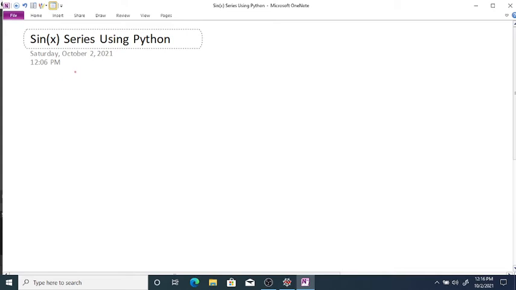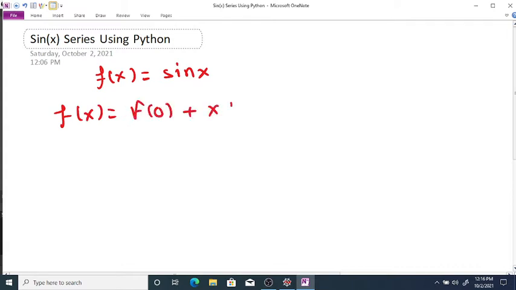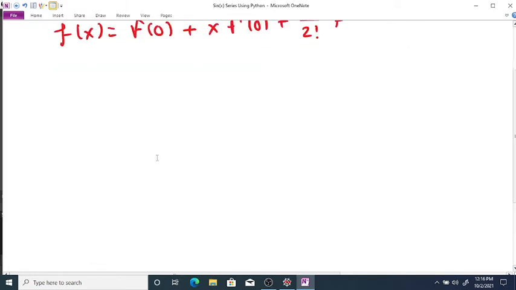Maclaurin series expansion of sin x. Take f of x equal to sin x. Then we know that the Maclaurin series expansion of f of x is equal to f of 0 plus x f dash 0 plus x square by 2 factorial f double dash 0 and so on. Now here, given f of x is equal to sin x,